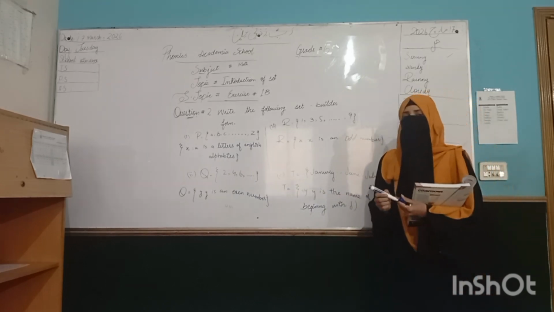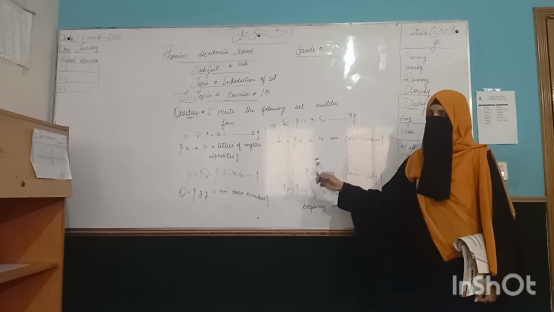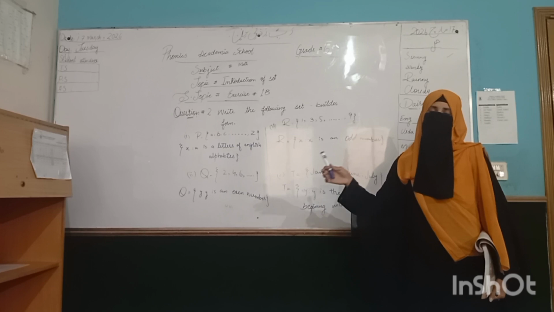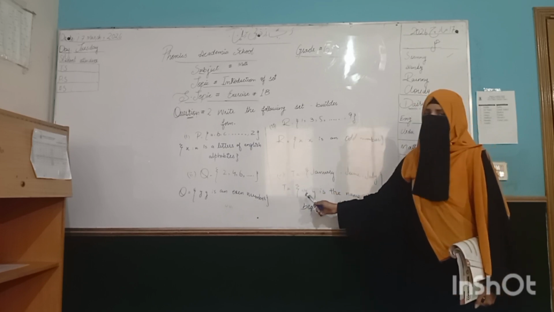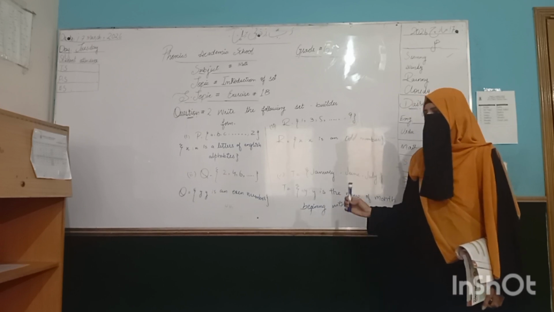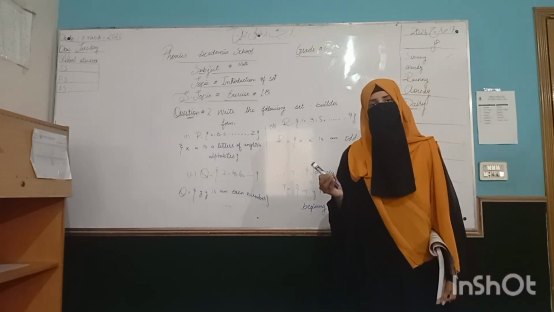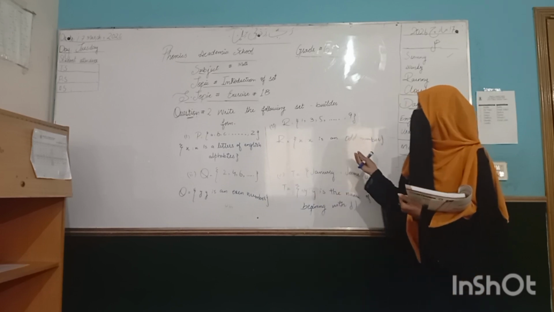Okay students, next is T is equal to the bracket January, June and July. So students, here T is equal to y such that y. You could give A such that A, B such that B, but you have to put the sign of the set builder form: the name of a month beginning with J. That is what we have written there. So students, this is the set builder form.